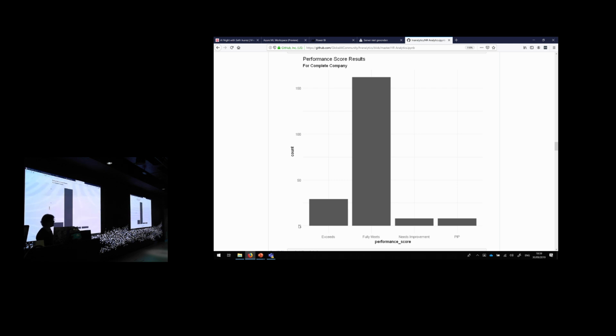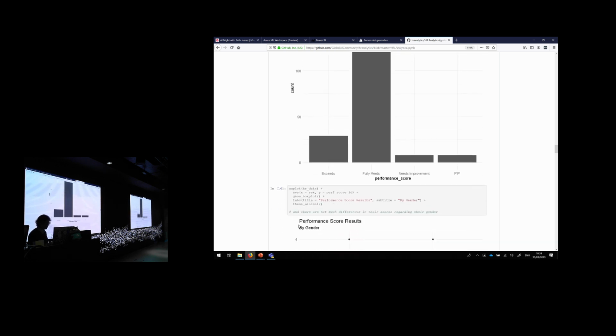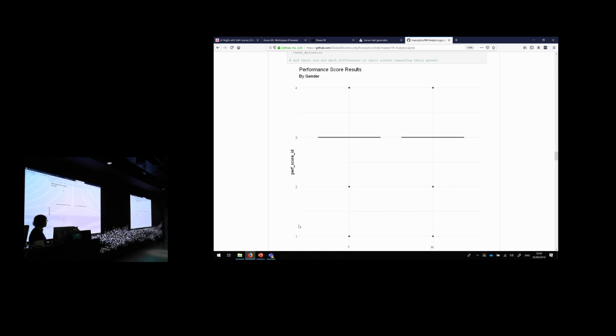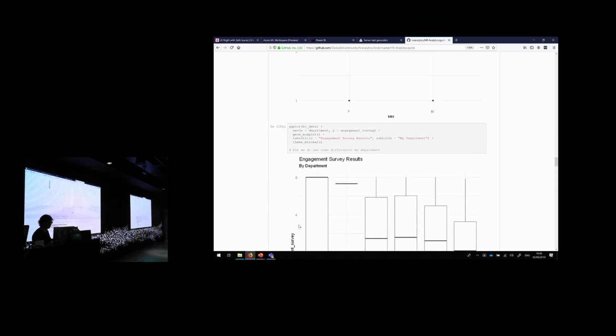Now that's also already sort of setting the scene. And yeah, it's sample data, so this is what it is for now. Of course, in real life, this might be a little different distribution. And we can also look at things like, all right, if we talk about, for example, gender, is there a lot of difference? Now, instead of running, let's say, just a statistical test, we can also visualize it. Well, there's not so much difference in gender, right? If you look at this, it's quite the same.